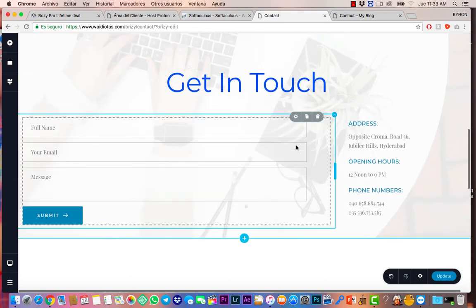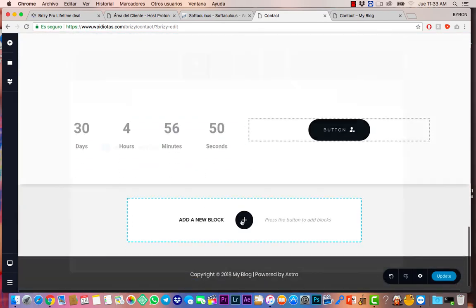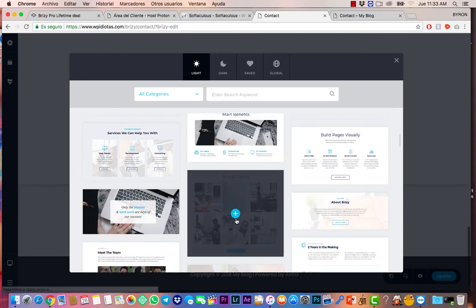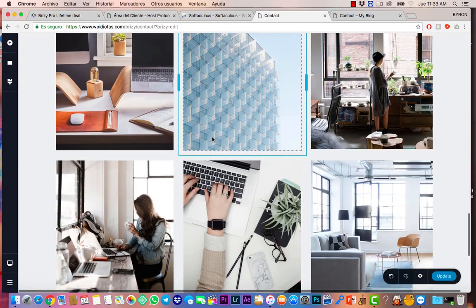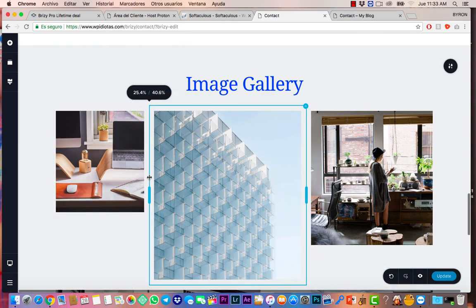And another feature that this page builder has, let's add another block, and I'm going to show you something that I don't usually see with the other ones. Let's add it. It's not something crazy, like this one, image gallery. We're not going in order, obviously, but it's not really a requirement at this time. It's important, the gallery. Here it is, and then you can actually increase or minimize the size of the image by just dragging the little corner. You can actually make it bigger,